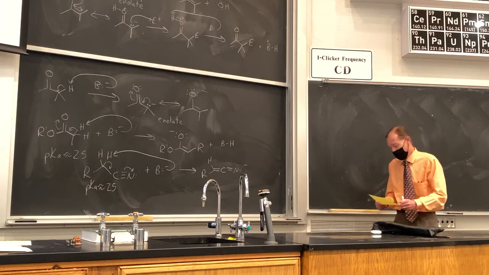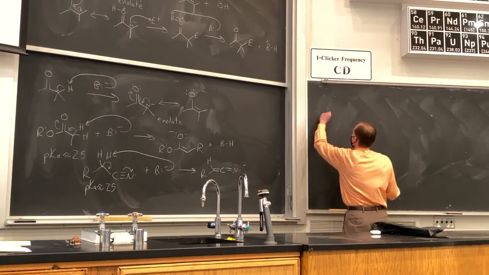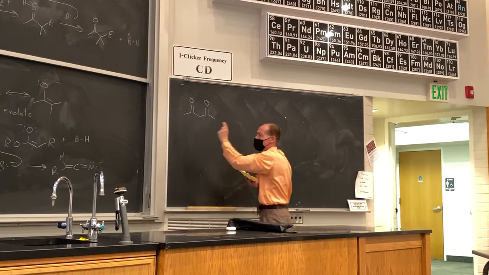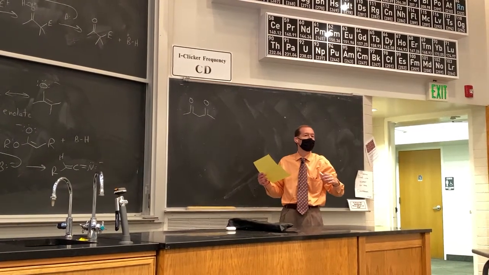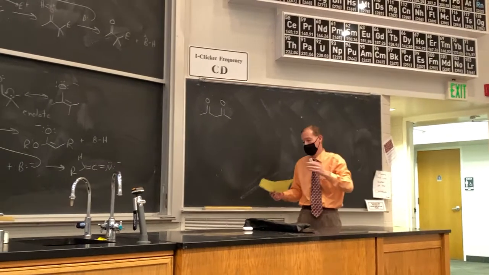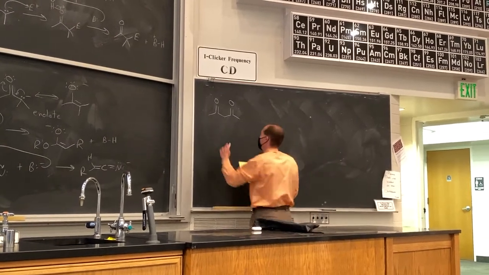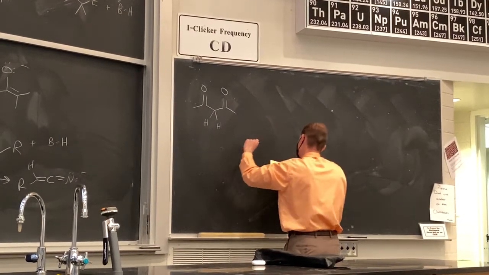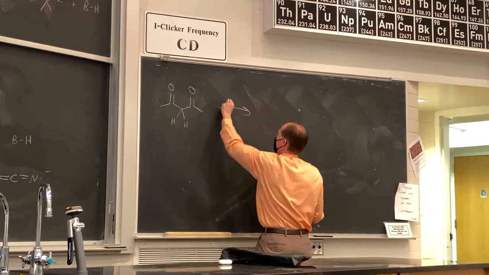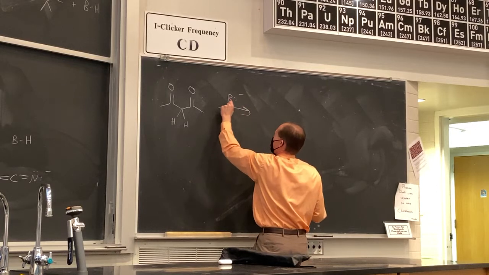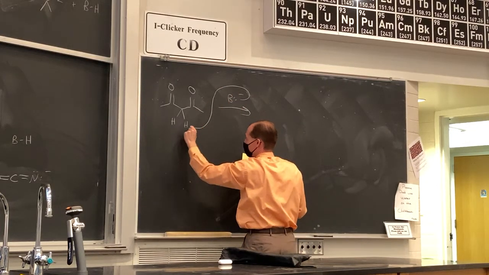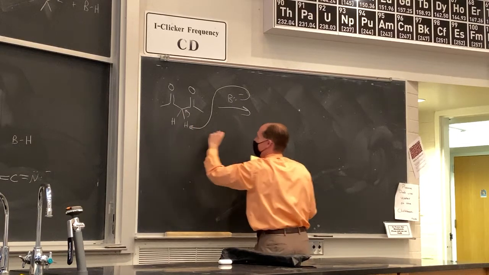Okay, so a special type of carbonyl compound is the 1,3-dicarbonyl. We already saw this in terms of having the enol be more favorable than the ketone. If we treat the 1,3-dicarbonyl, this compound has a common name. It's called acetoacetone. If we deprotonate acetoacetone